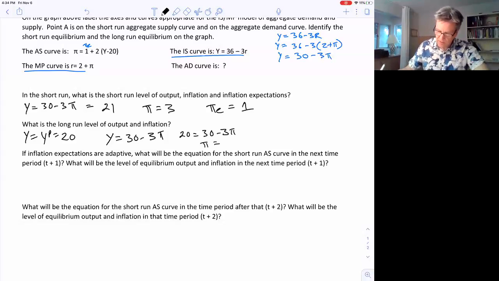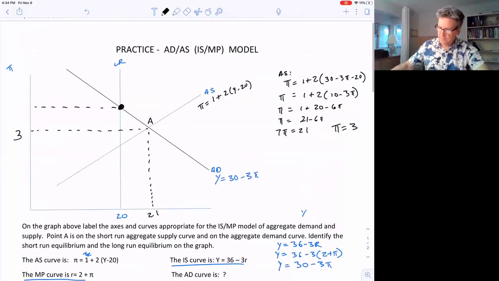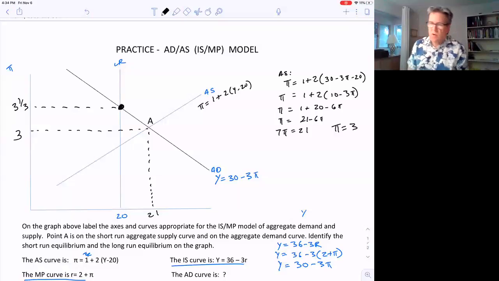Pi then is 10 over 3, or 3 1/3. So we know we're going to get to that long run equilibrium at output of 20, inflation at 3 1/3,